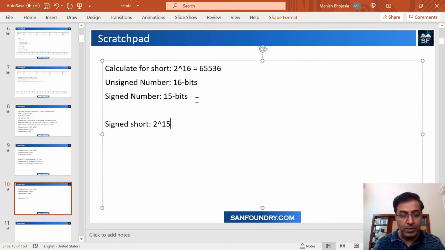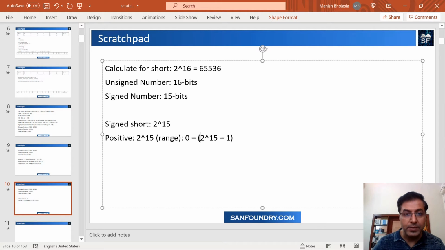Now we again have to see what the max and the min could be. Consider that we are looking at a positive number, so signed short where the short is positive, on the positive side. Straight away, 2 to the power 15 is the full range of values. We can say it starts from 0 because we are on the positive side, and then 2 to the power 15 and at last minus 1, because the first value is 0, as you know. So this is the positive number range for a signed positive.